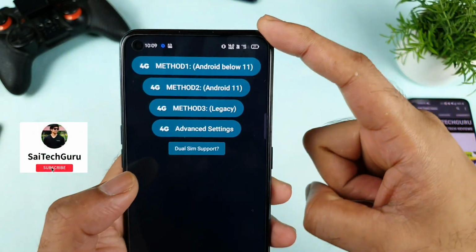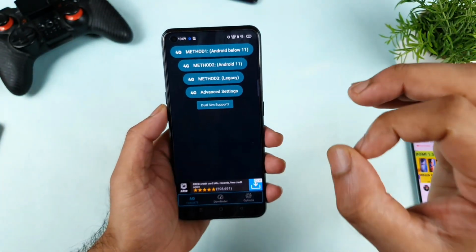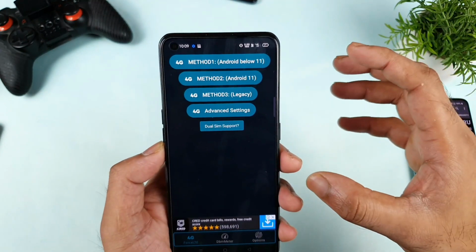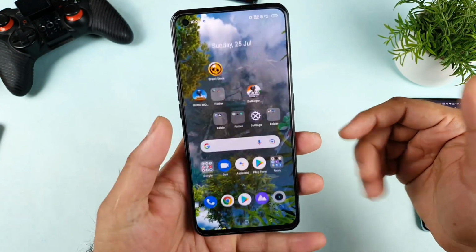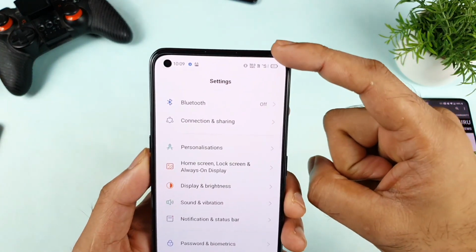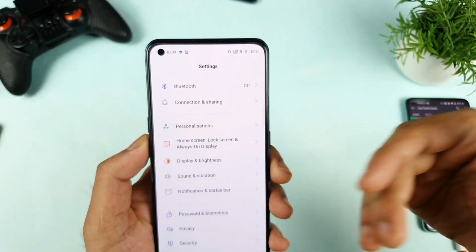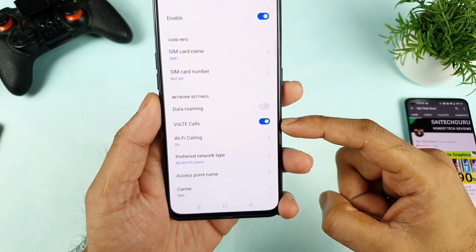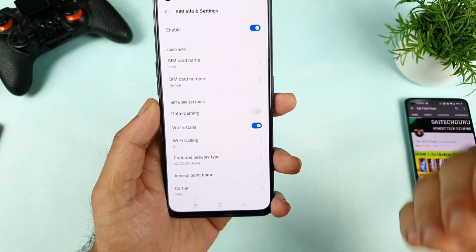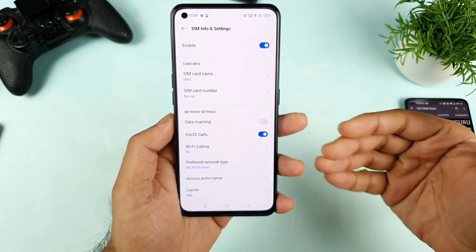As you can see friends, in this way you can force 4G on any Android device by downloading this application, which is really helpful for a lot of other users to get this kind of stable connection. Now my phone will be getting only VoLTE, to experience really HD quality in terms of calling as well, everything. Even to use VoLTE calls. That is the main reason a lot of users want 4G only, not 3G.